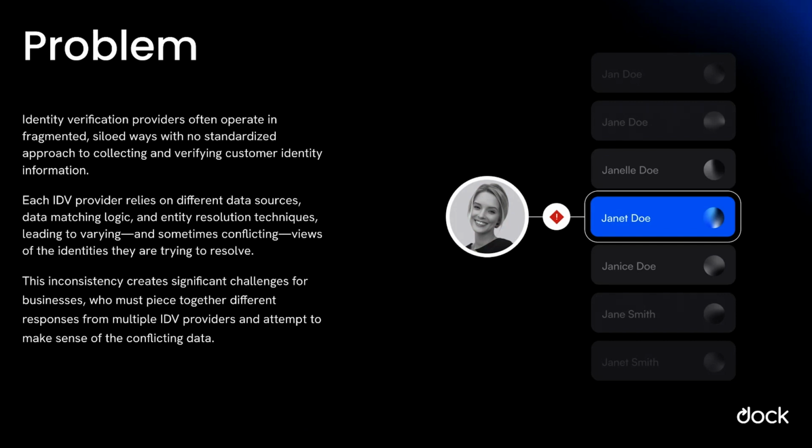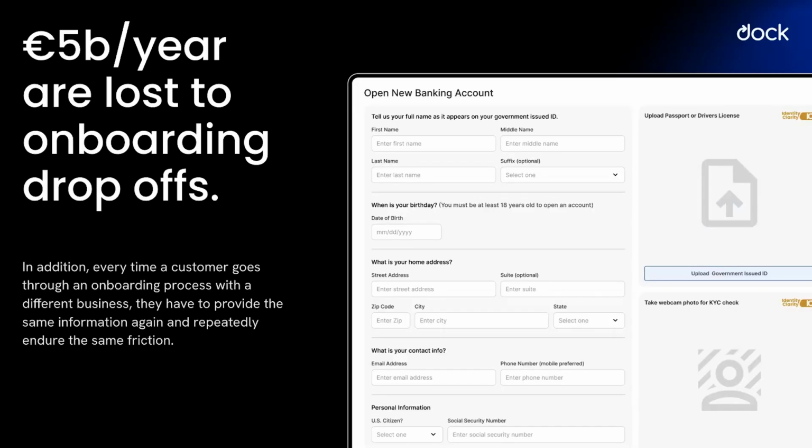This gets really challenging. IDVs all operate in their own way and they want to differentiate themselves in the market with their own processes. So they each rely on their own data sources. They each rely on their own matching logic. They all want to add their own special sauce that gives them an advantage and gives them the best quality data. But that means that when the business who's a relying party needs to consume this data, they've got to reconcile this information. They have to decide which one they trust the most. And oftentimes there's conflicting information if they're using more than one IDV provider, and they have to figure that out. This can be an expensive problem.